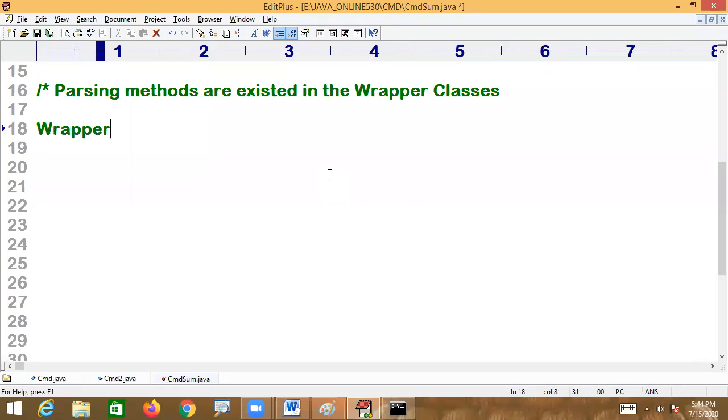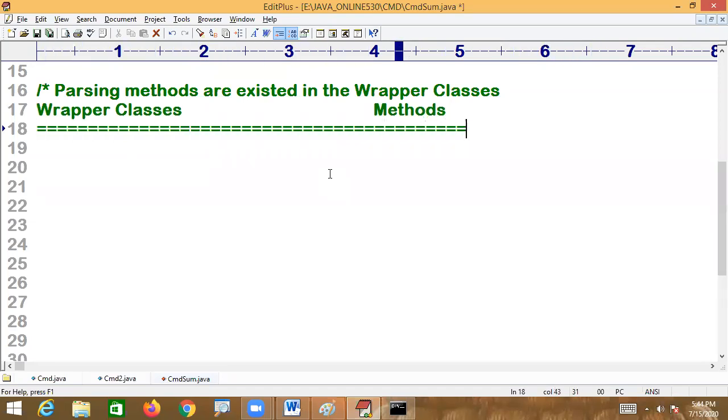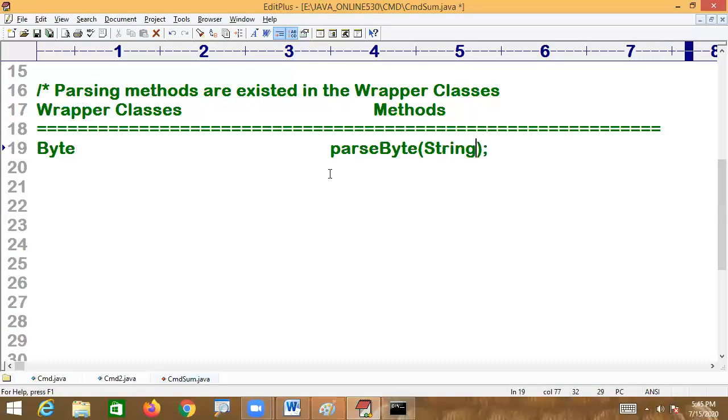What are the classes and what are the methods given, you need to keep these points in the brain, so a lot of attention is required. First one is the Byte class. If you want to convert string type to byte type, parseByte is the method. The argument is a string.